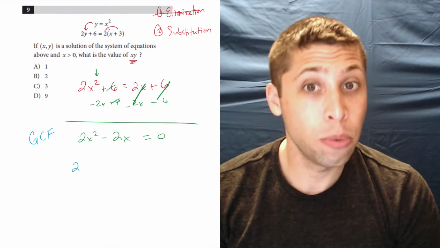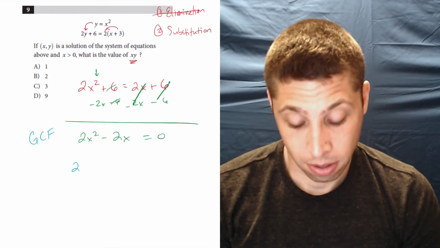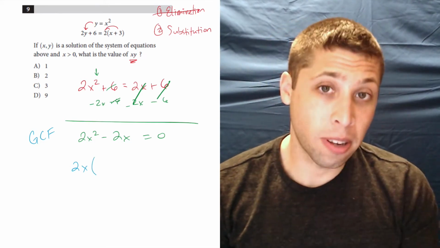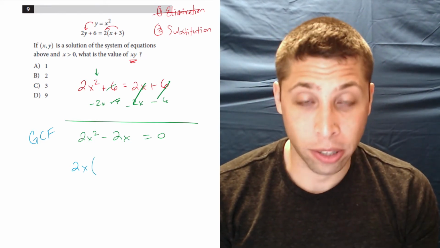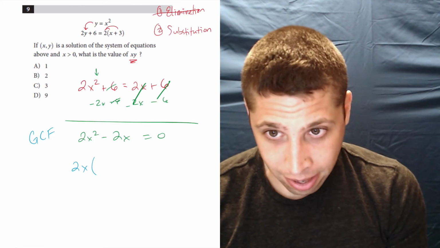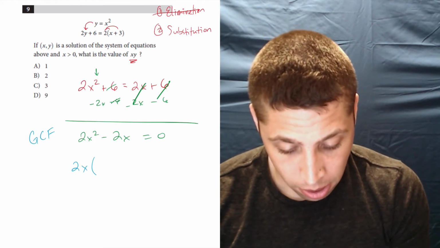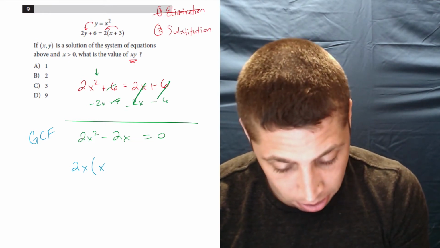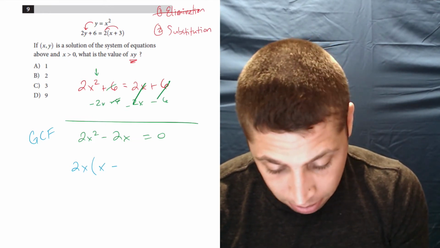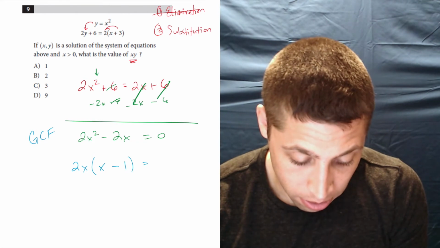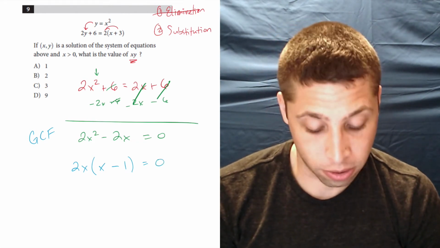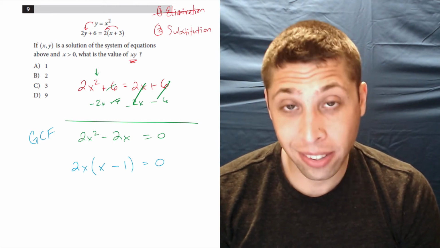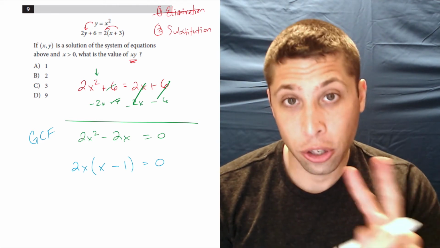Both of them have a 2, and both of them have an x. So that's my GCF. And then when we do the division, something gets left behind, right? So in the 2x squared part, an x gets left behind. So that's going to be x and then minus 1, and that's equal to 0. So that's how that's going to look factored. And so that still produces for us two